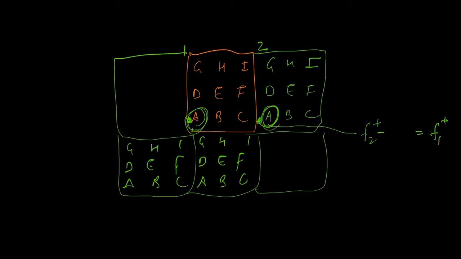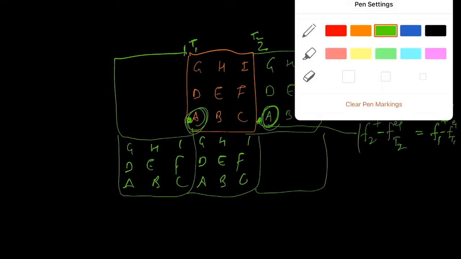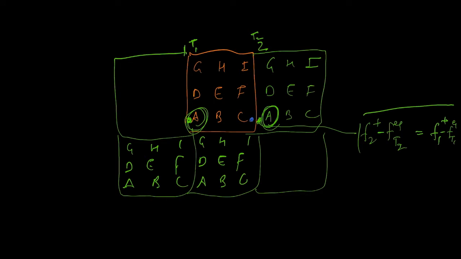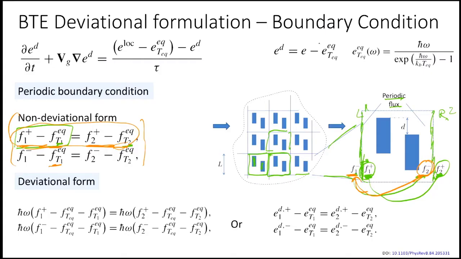So F1 positive, but we have to subtract this. The wall temperatures are different, the temperatures of the walls are not the same. We are applying the boundary conditions T1 and T2 in the flux. So we have to subtract F equilibrium at T2 here, and F equilibrium at T1 here. The second part we had written, we compared the value here with this value. This value was F2 negative, this was F1 negative. That's how we wrote the other equation. So is it clear now?